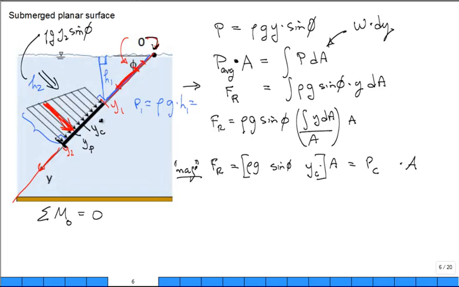So the resultant force, F of r, applied at y sub p, the distance from O, got it? And it's perpendicular, true? It's perpendicular, so it's just the two magnitudes times each other, the force times the distance. That has to be equivalent to the distributed load's moment. Well, how do I get the distributed load's moment? You take each part, break it into itty-bitty little parts. That's right. So it would be the sum, or the integral,